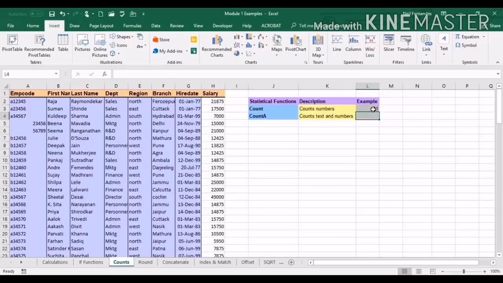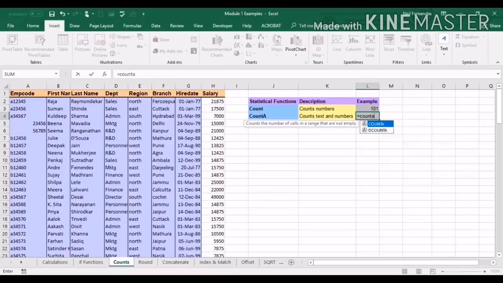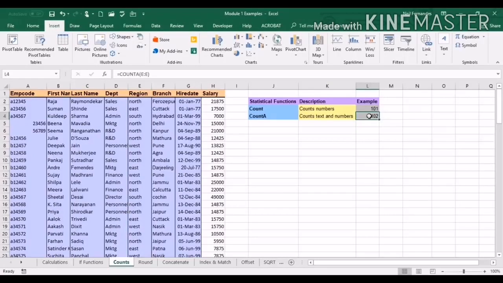So to start with, again, I will do COUNTA function. COUNTA function counts numbers as well as text or characters. Characters can be any character like double quotes, or a space can also be considered as a character. COUNTA function, this time I'll not take salary. It will count the numbers, but we want to show you how it works with the alphabets as well. So I go back to my region column. I close the bracket, enter. It shows me 102 as an answer.